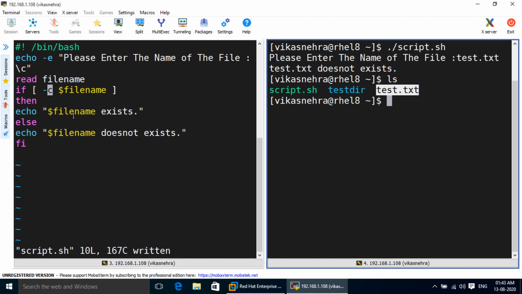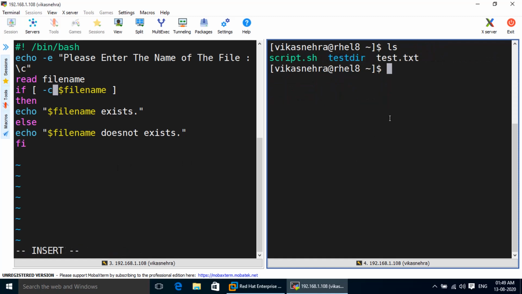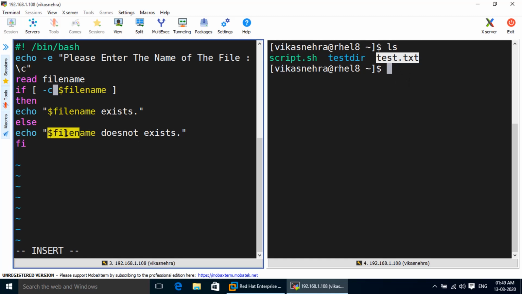Because now it is checking for the character special file. Character special files are used for device input output, and we know that test.txt is a simple text file. So there is no character special file in this system with the name test.txt. That is why the script is showing that the file does not exist.